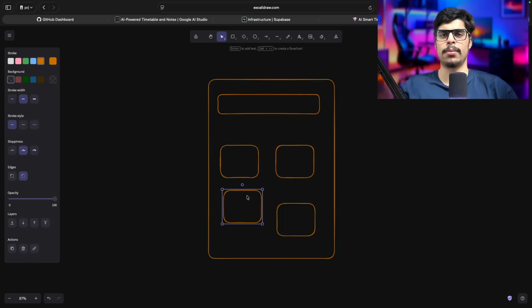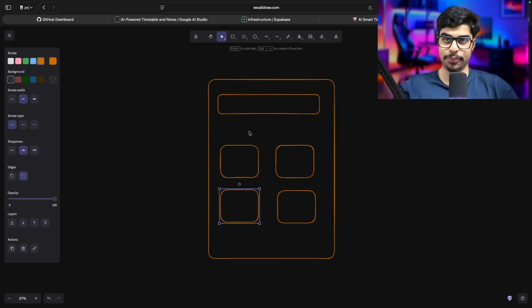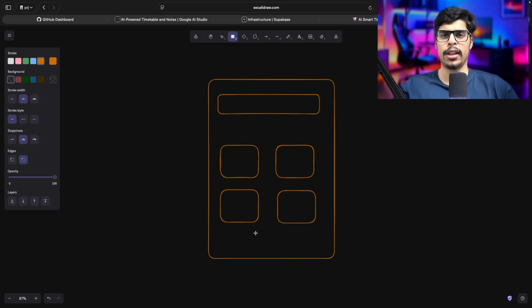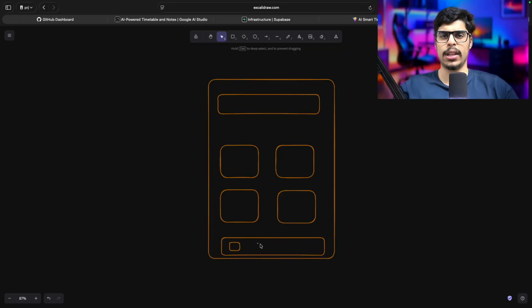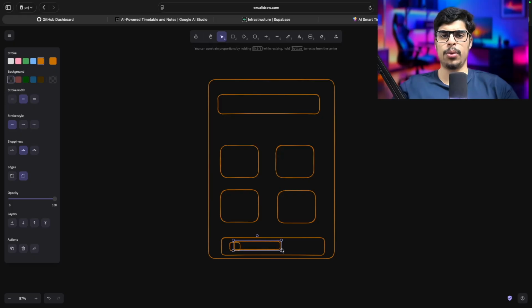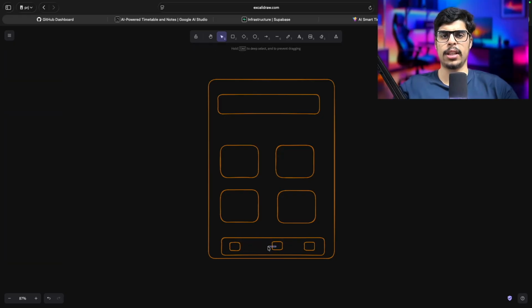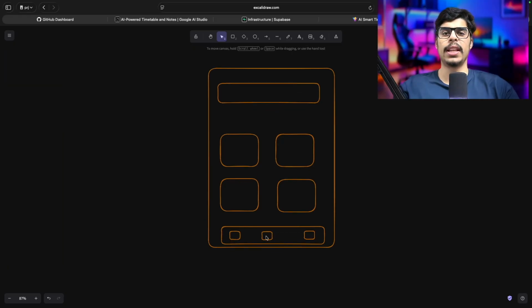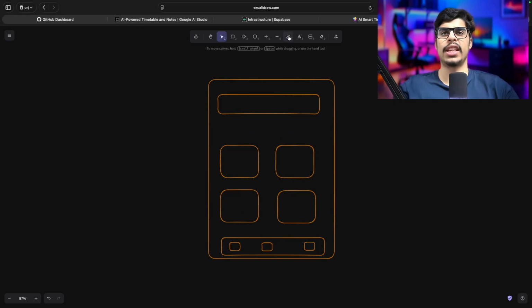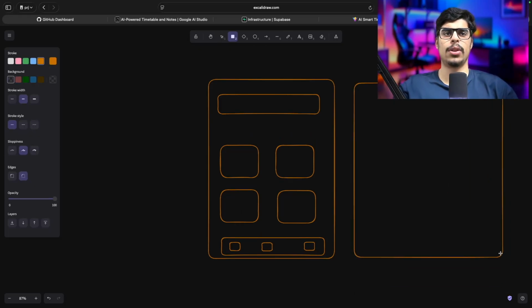So over here we have the add section. So after that, we actually have a nav bar over here, which has three boxes. It has three boxes over here, which is home, recent, as well as the stats. So when you click on the recent page, another page like this will open